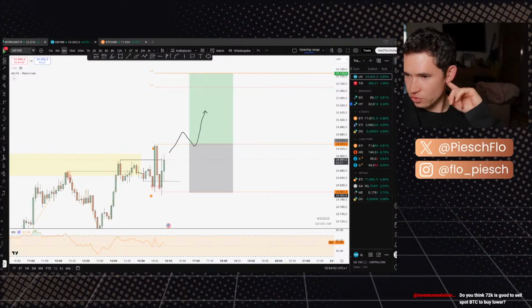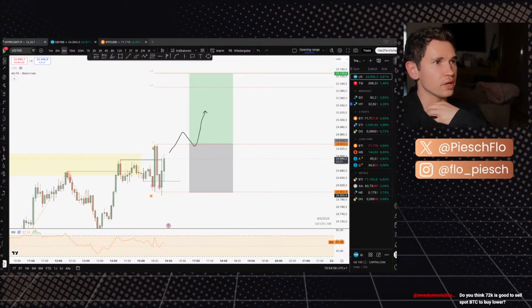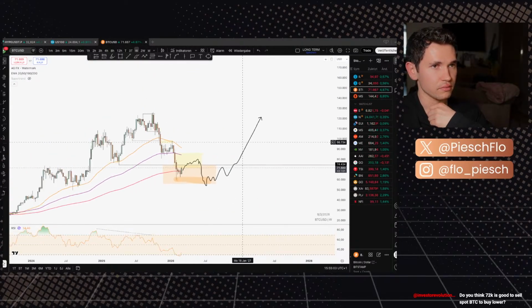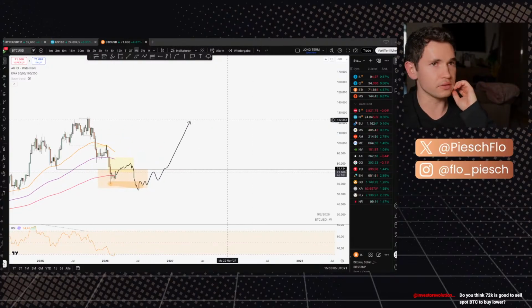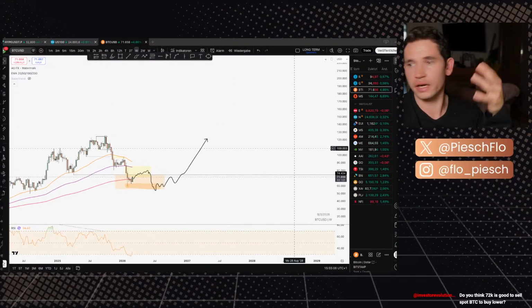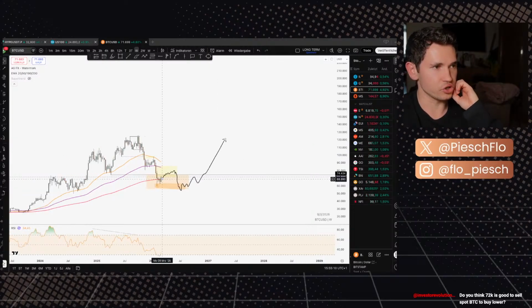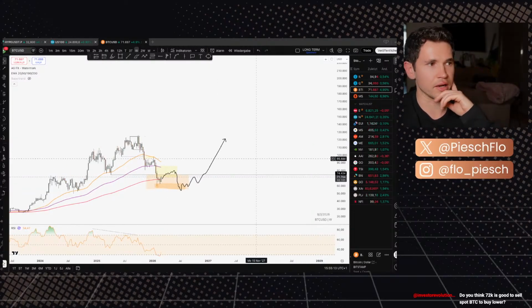Do you think 72k is good to sell spot Bitcoin, to buy lower? I personally wouldn't do that, no, because it all depends on your goals. But for me, if I buy Bitcoin, I buy it for the next 5 years. And I'm pretty sure in 5 years it's going to be higher than now. So